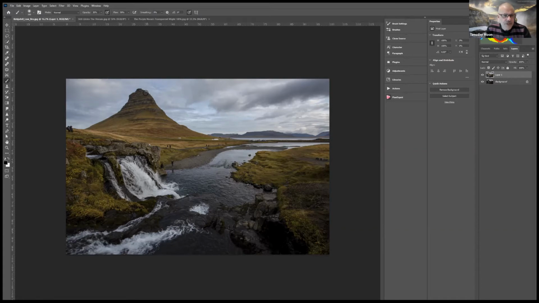Kirk being church, so it's a church mountain. So that's what it's called. So church mountain, church waterfall, Kirkjufell, Kirkjufoss. So cast your mind back to